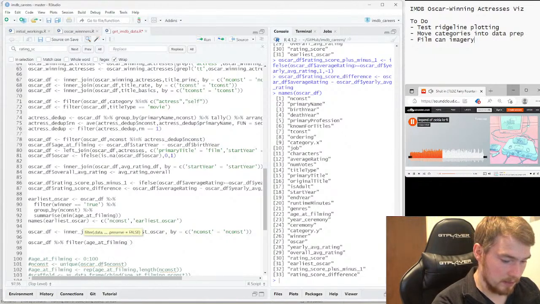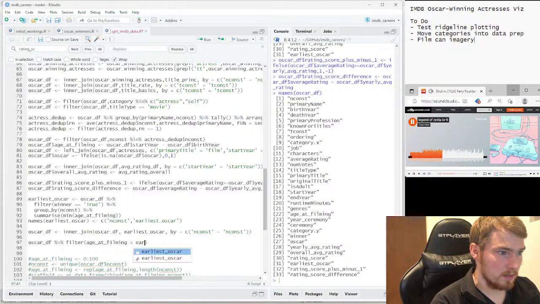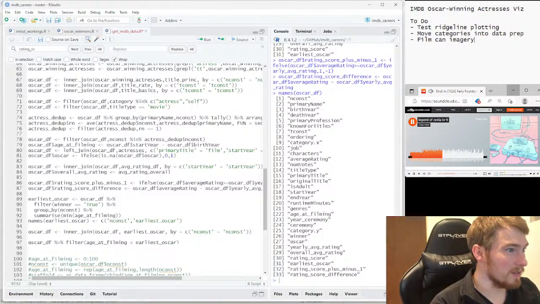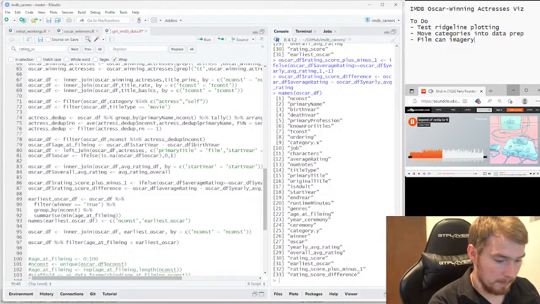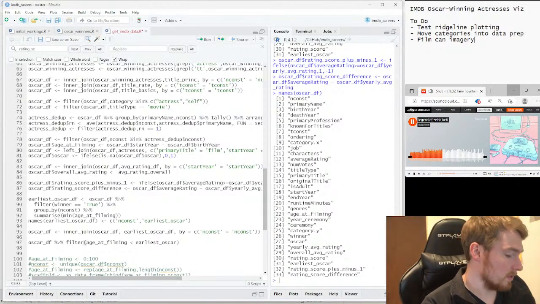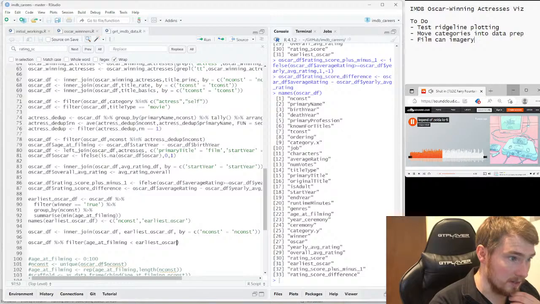It's got to be less than earliest Oscar. Got to make sure I take the variable. I'm going to change this to earliest Oscar DF for data frame, just so there's no errors next time.